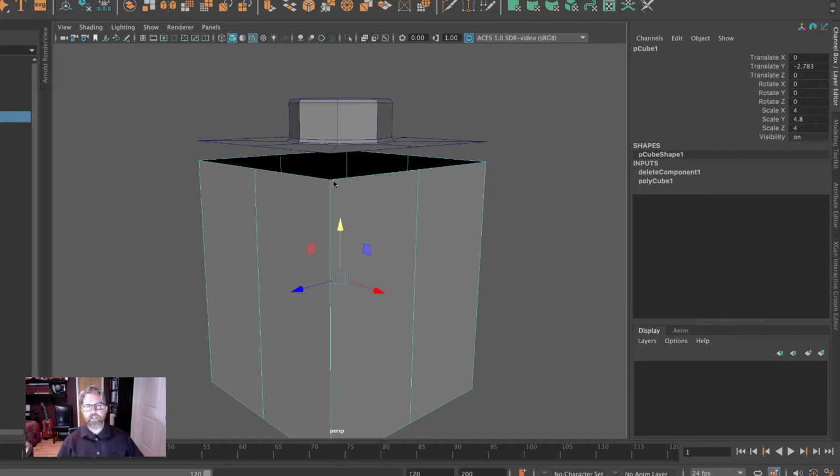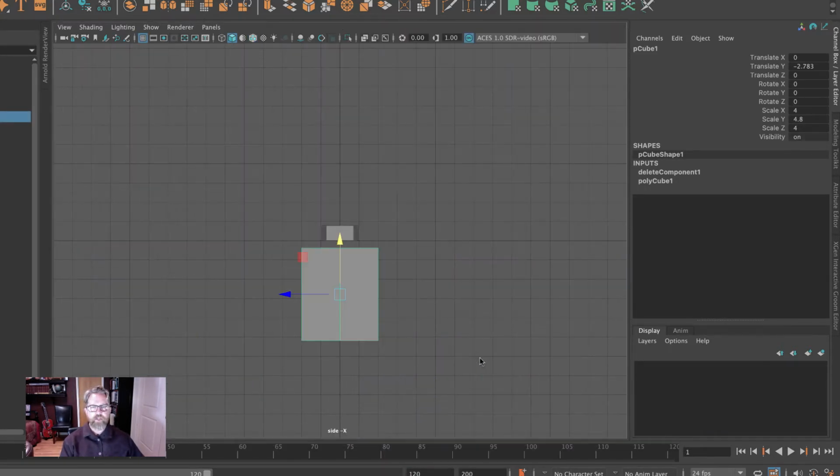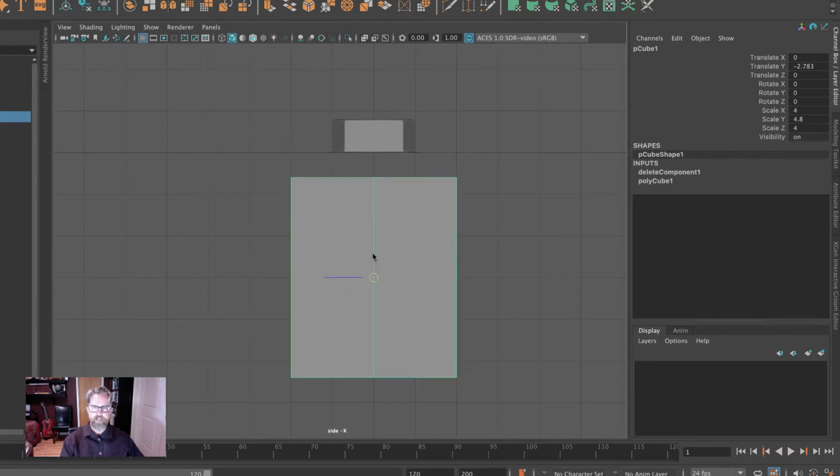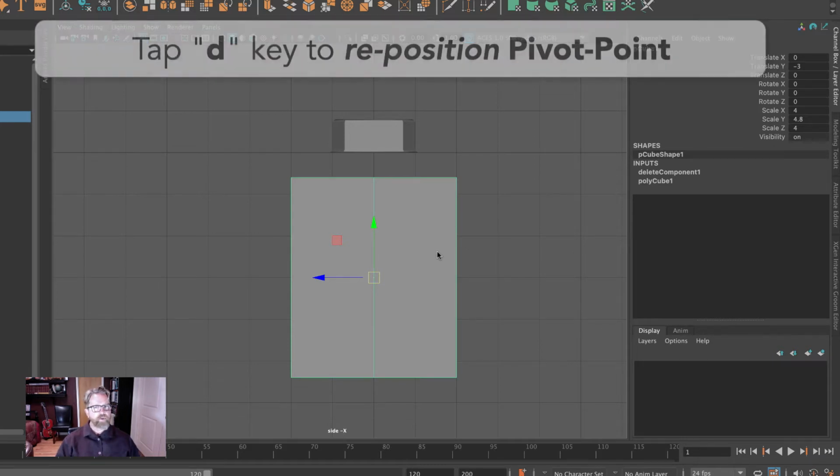Now we want to put this in the exact same position. If we look in the side view, I don't have anything to grid snap to, so that's too far and that's not far enough. We could dial in the fraction here, but let's just reposition the pivot. So you know that repositioning the pivot, we'll tap the D key, and then in this case, we want to snap this up to be in line, and so we do want to constrain on the Y. So I'll constrain on the Y by clicking it, and now the Z and the X won't be affected,